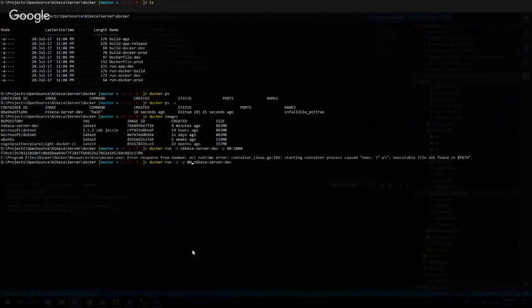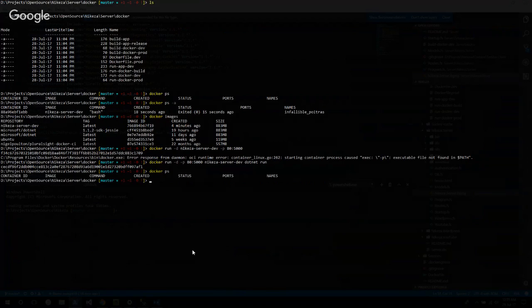So I want to map my port 80 towards 8 to 5000 inside the container. And I think I can also specify that I want .NET run. So that's what should run. Okay, I think it's running now. So if I say docker ps,